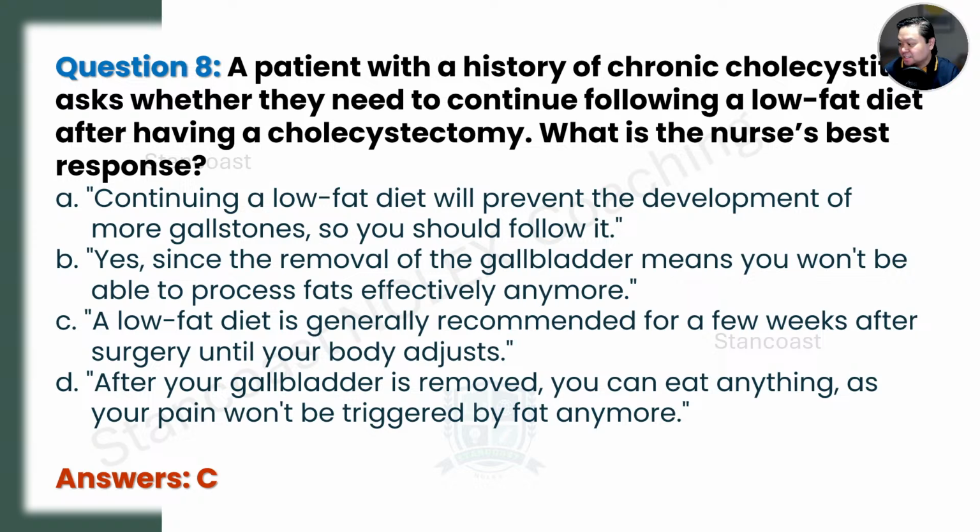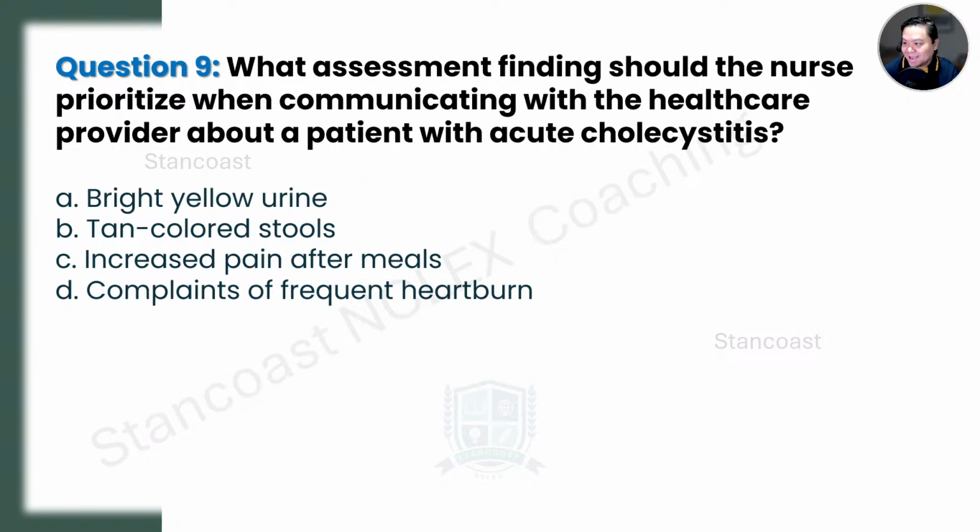Let's have number 9. What assessment findings should the nurse prioritize when communicating with a healthcare provider about a patient with acute cholecystitis? A, bright yellow urine. B, tan-colored stools. C, increased pain after meals. D, complaints of frequent heartburn. You've got to prioritize here the